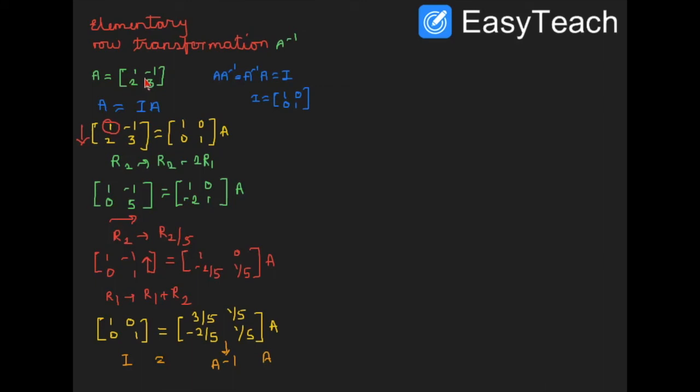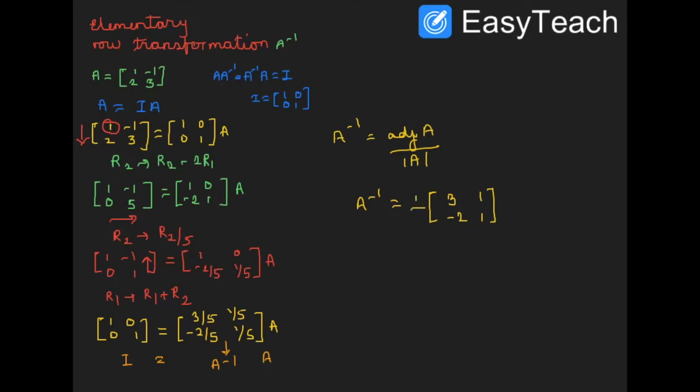You should know that A inverse is equal to adjoint of A by determinant of A. I could have found out my answer in 10 seconds by interchanging these two and reversing the signs over here. So if I interchange the two, I would have got A inverse is equal to 3 and 1 and minus 2 and 1 divided by